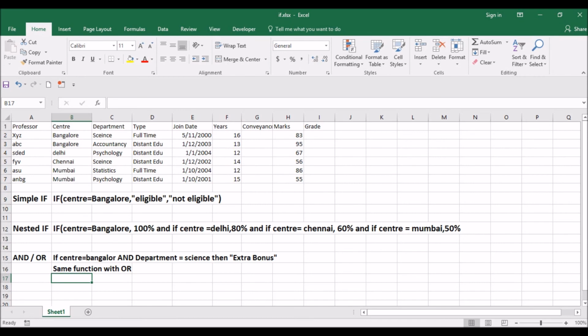Suppose in case of a simple if function, it's a logical function. So you need to think in this way: if a professor is working in the Bangalore center, then he is eligible for some conveyance or some extra benefit, otherwise not eligible. So the formula should be built like this. If